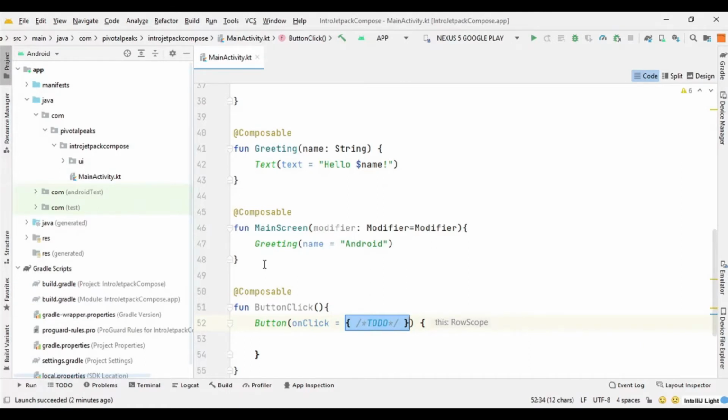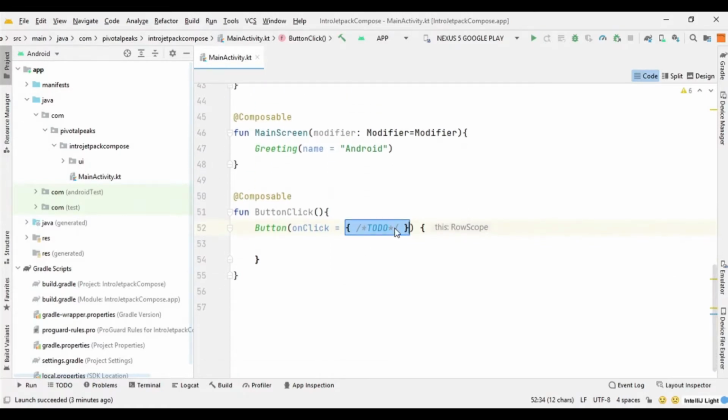We will just pop up a toast message when we click the button. So let's create our toast. Inside onClick we can say Toast.makeText.